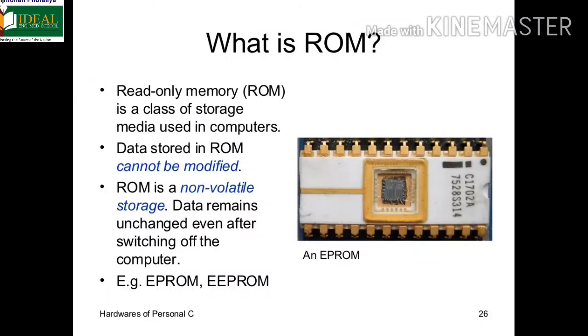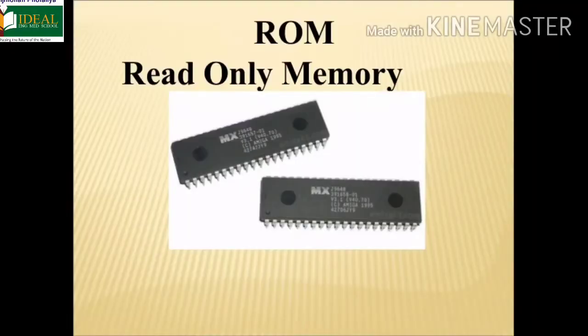ROM. The long form of ROM is read-only memory. All the programs and the software that help to run a computer are stored in ROM. Information stored in the ROM can only be read. It cannot be changed and it is not lost even when you switch off the computer. Hence, the ROM of the computer is a permanent memory or a non-volatile memory.